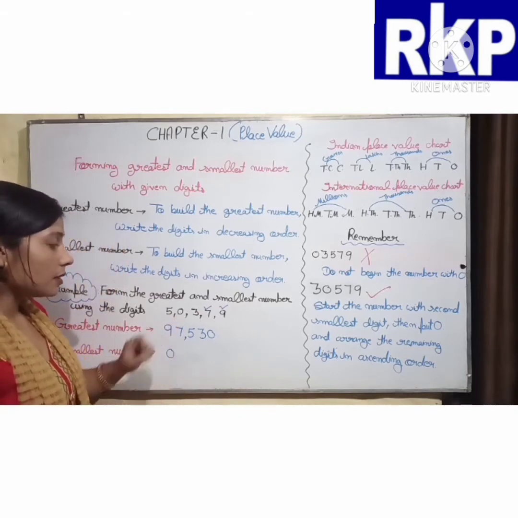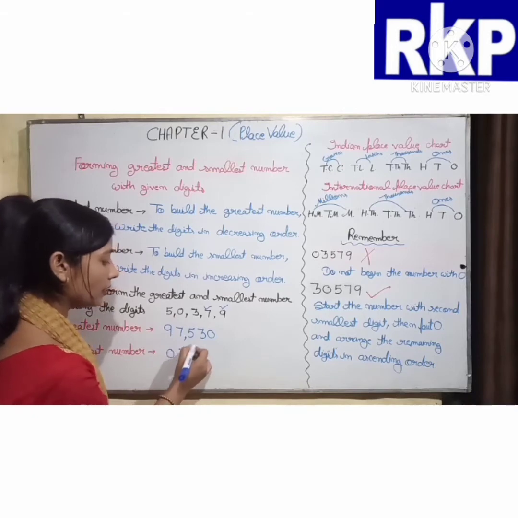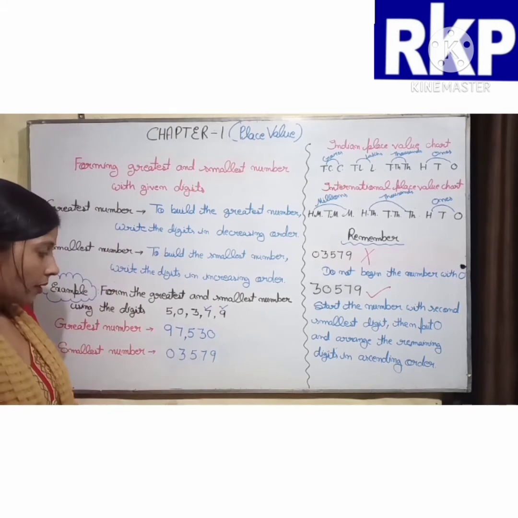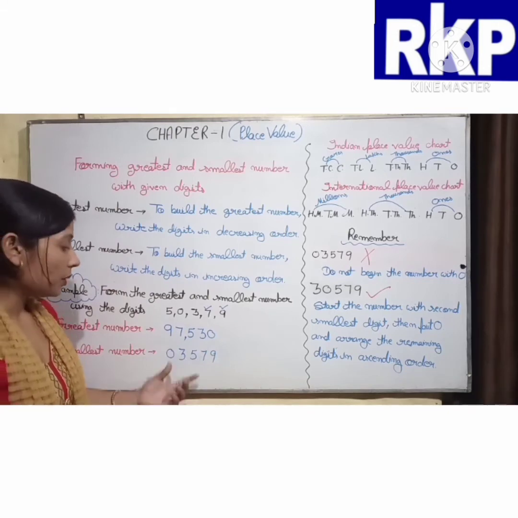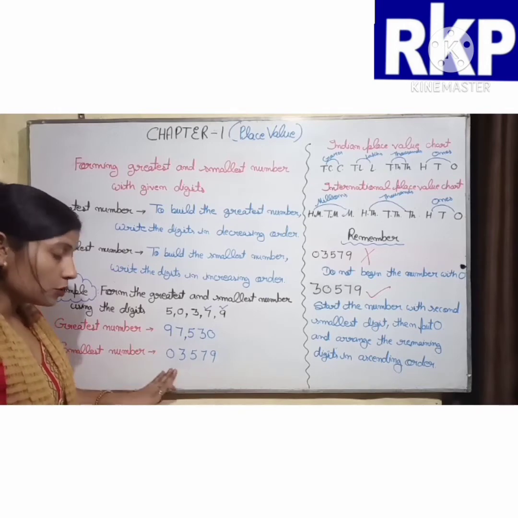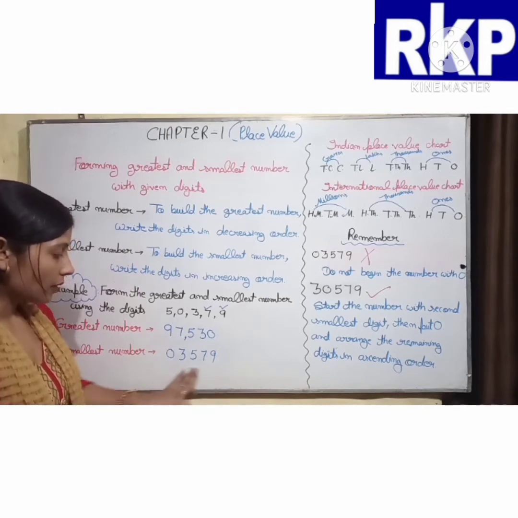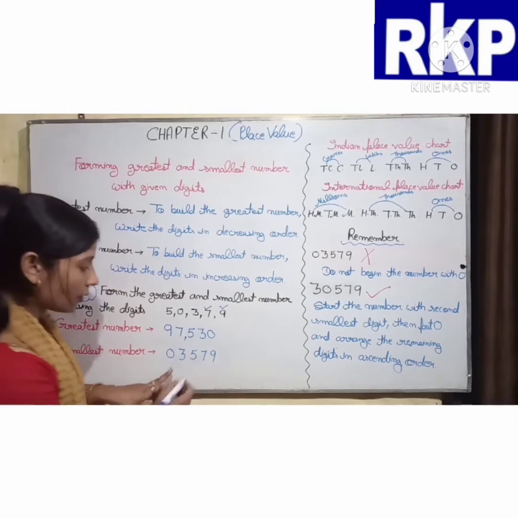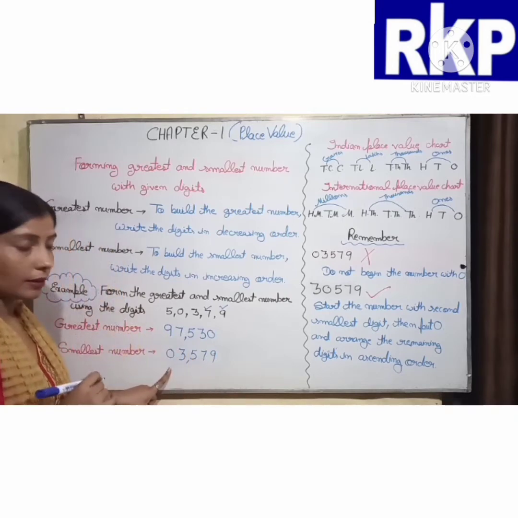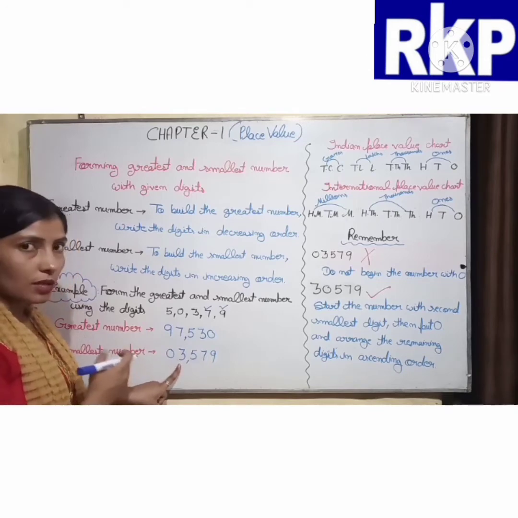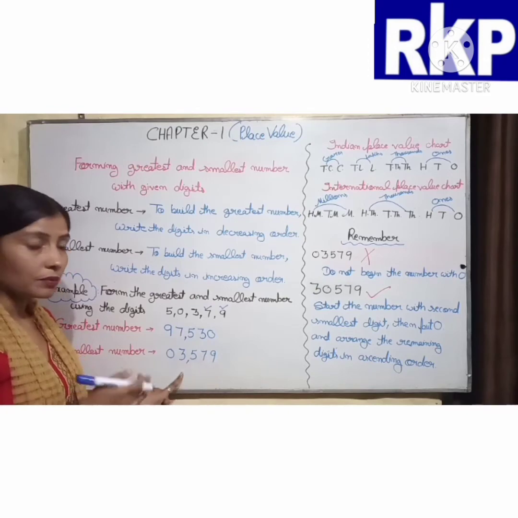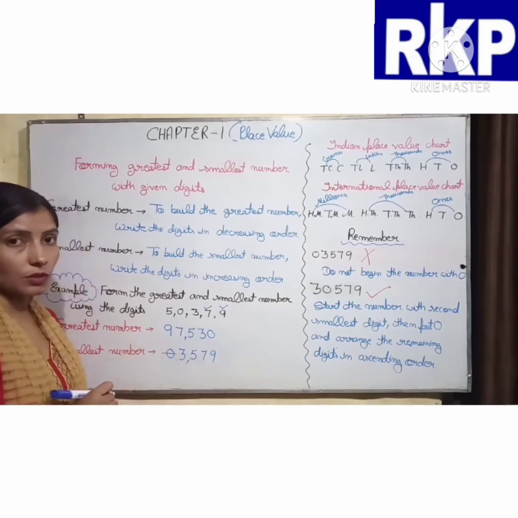After this we have to write 3, then 5, then 7 and then 9. Is it right? No. Because here we have 5 digits, and here also we have 5 digits. But how can we read it? If we put a comma here, then how can we read it, beta? Only 3579 we have, because there is no value of this zero.